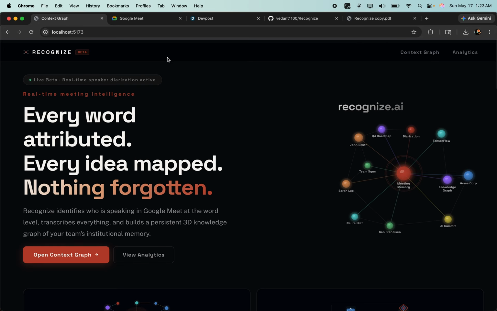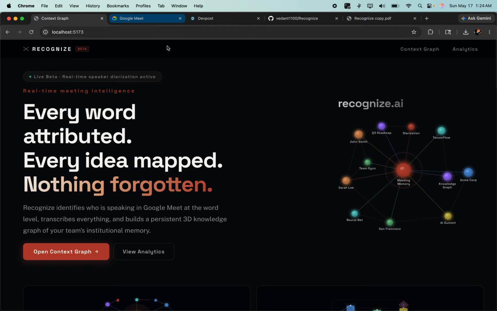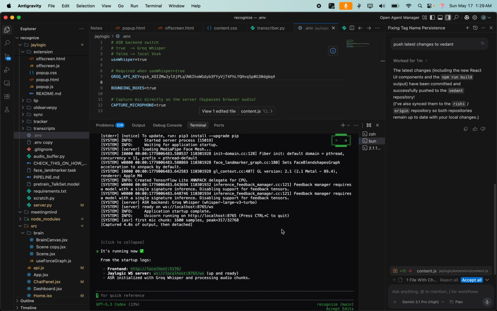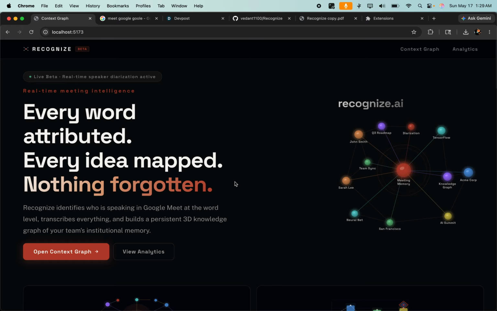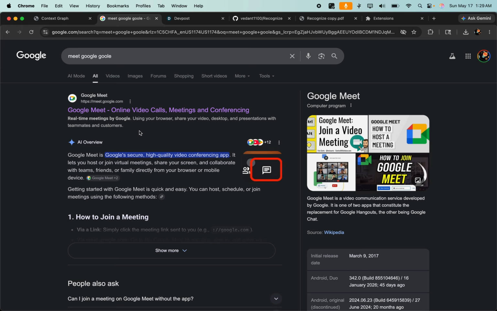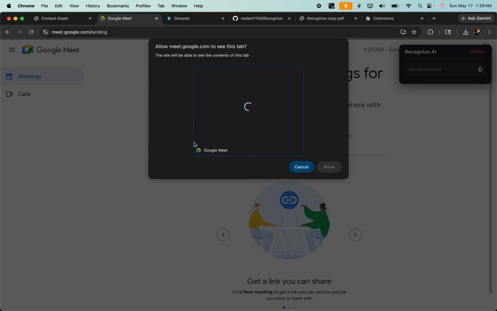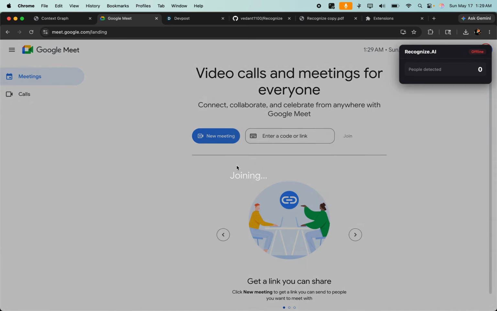So let's jump into the demo. So here we have our code running in a doll. Thanks to their credits, we were able to diagnose and verify and even write our entire front end and visualization using their agent. So yeah, first we open up Google Meet, just have a new meeting,